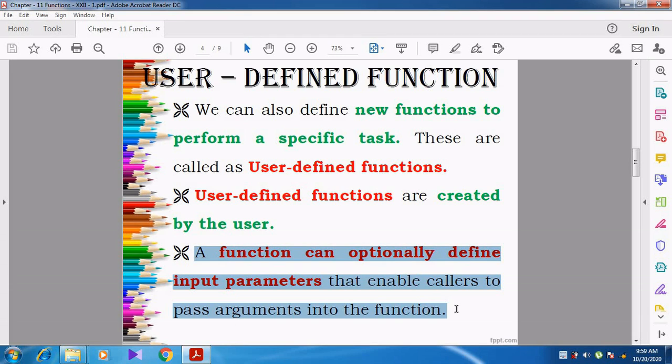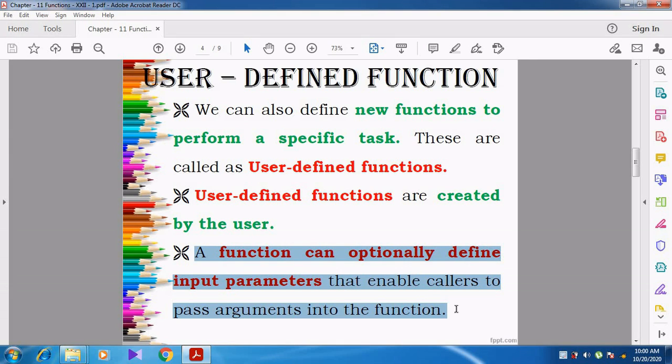A function can have parameters. The parameters are optional. Why are the parameters needed? If a function contains a parameter, whenever we are calling the function, we can pass the value to the parameter. Can you understand, students?